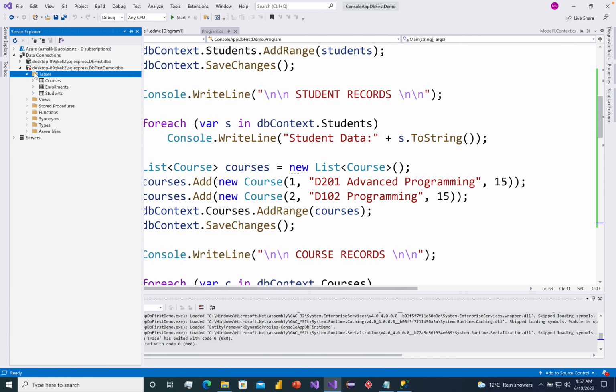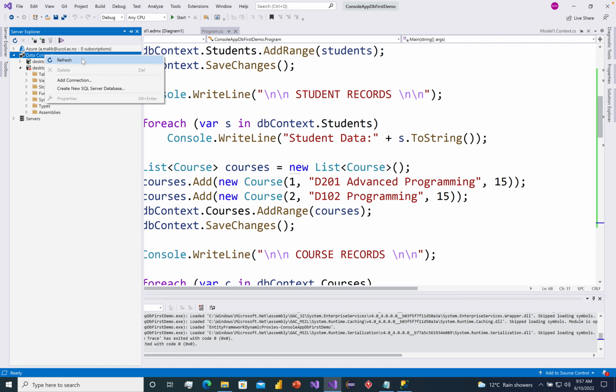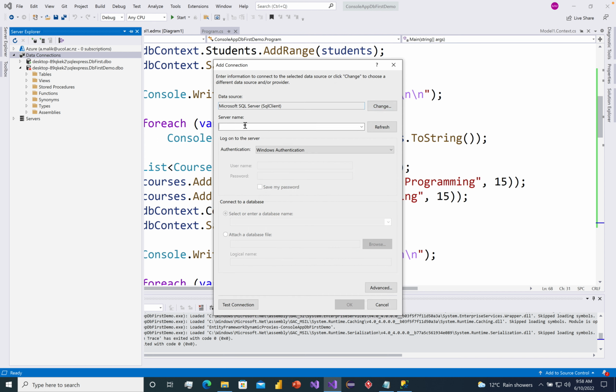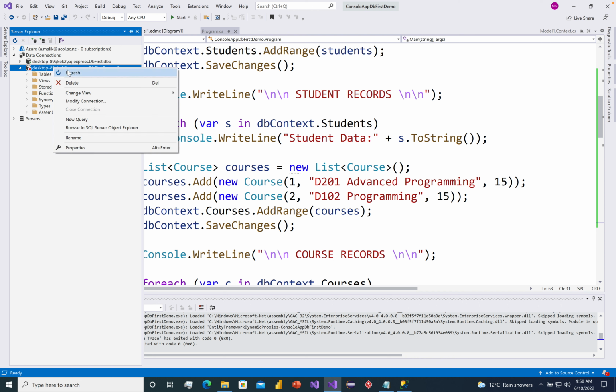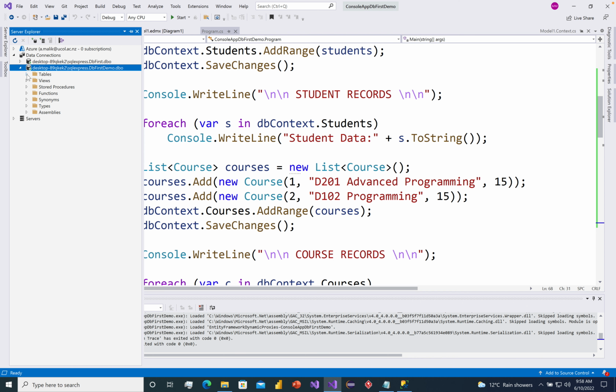First of all, we need to come to our database connection. We add a new connection. Okay, then we can have here dot slash SQLExpress, and then we can write the name of the database that you want to create and then click OK. Right now we have already created it. So if we look at that, we have this database demo first, and then we can see one more